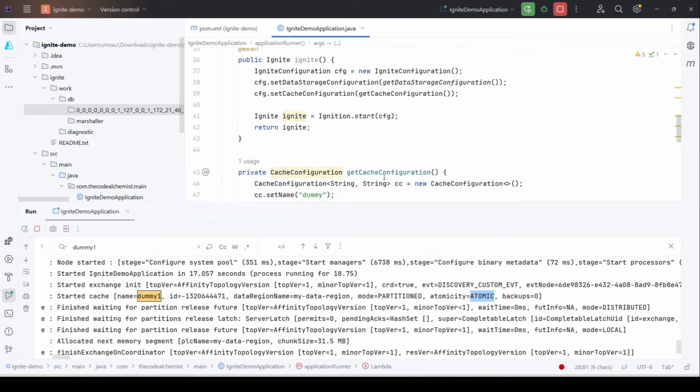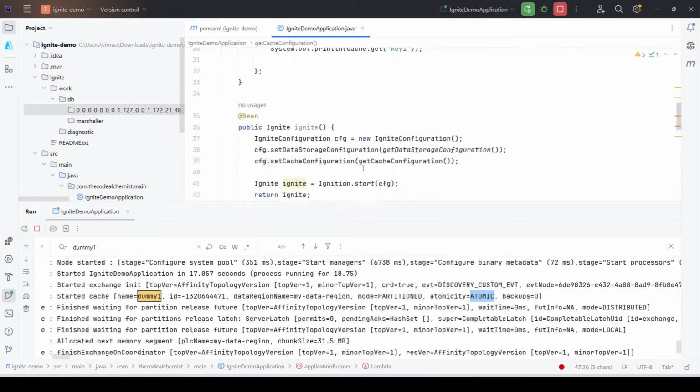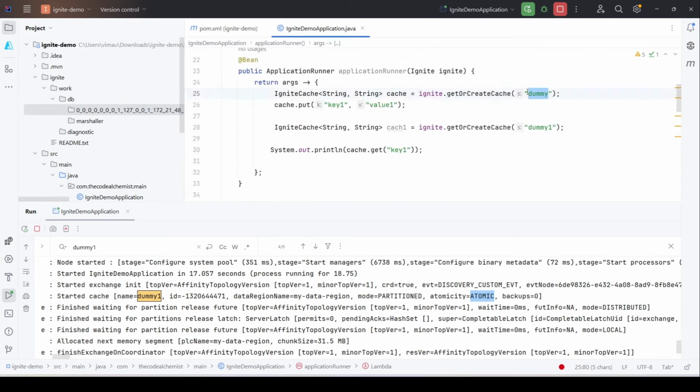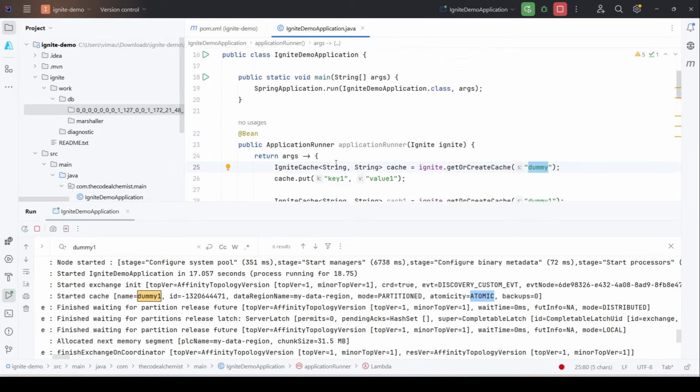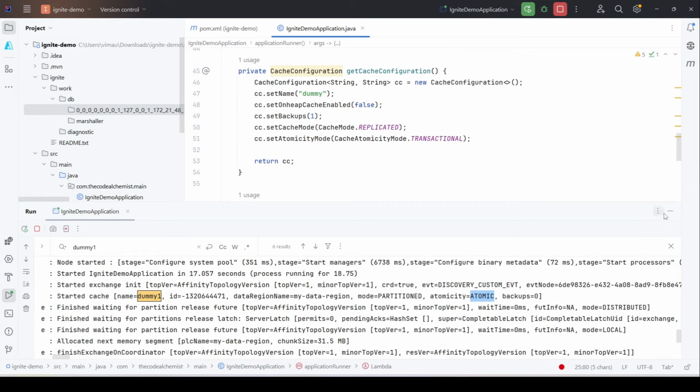So cache configurations are also cache specific. If we pass the same name to Ignite to create or fetch the same cache, it will apply the cache configuration. Otherwise, the default configurations will be applied to the new cache. So we need different cache configuration objects for different caches in case we want the behavior of those caches to be different. All right. Now, the next thing we will see is how do we enable